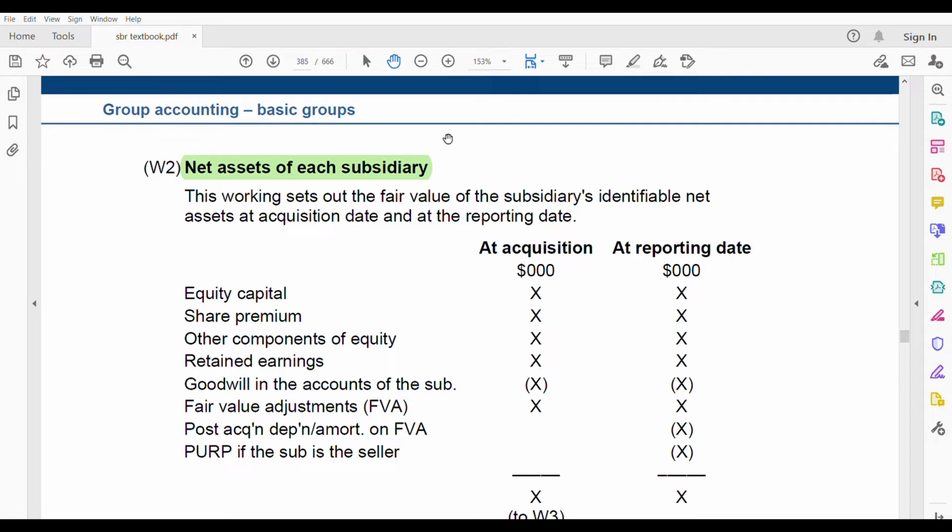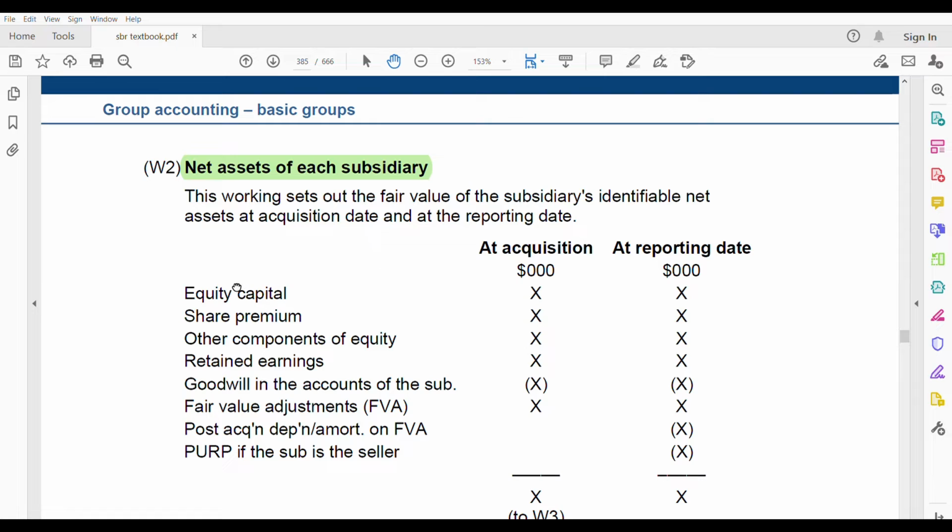That's why as soon as you finish group structure, which is easy, no working is there, it's from the question. Start with net assets. Working number 2 is net assets. Okay. Follow this order only of working. Don't interchange, because you definitely need one after the other. And this is the standard proforma, so make sure that you know this proforma. First, take 3 columns. In the first column you will be writing all this description. In the second column you write at acquisition, and third will be at reporting date. These are fixed in any question.